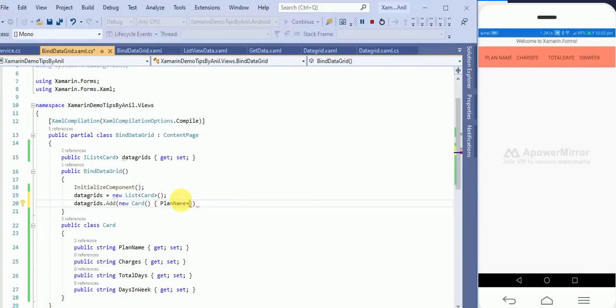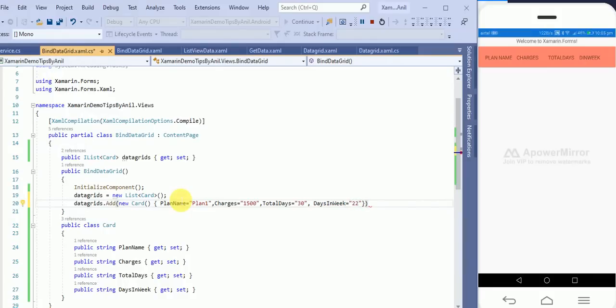So in plan name, suppose I'm binding Plan 1, and in the charges, suppose I'm binding over here 1500, and the total days I'm binding like total days equals to 30, and here days in a week, I'm binding the data 22.